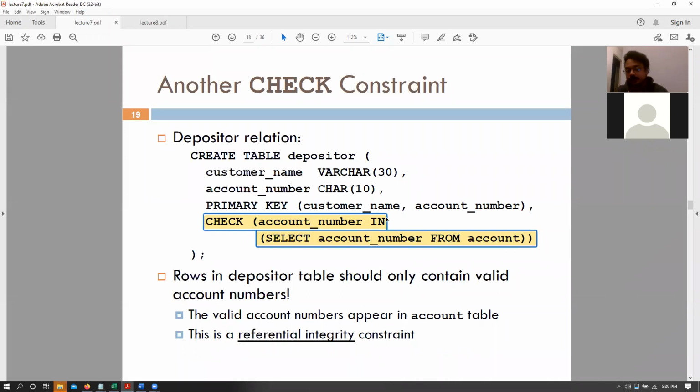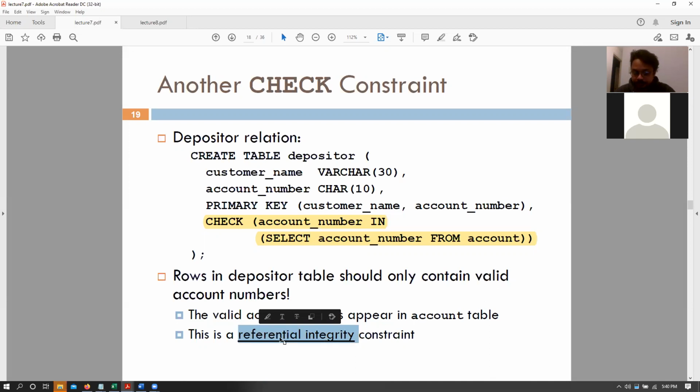Usually what we call this sort of statement is referencing one table from another table, or another name for these things is foreign keys, right? So where one table actually uses another table's attributes as sort of a primary key. So we cannot insert any arbitrary values for a particular attribute. We are just saying that you can only insert values for this attribute if that value exists in that particular other table, right? So that also formalizes our referential integrity constraint.